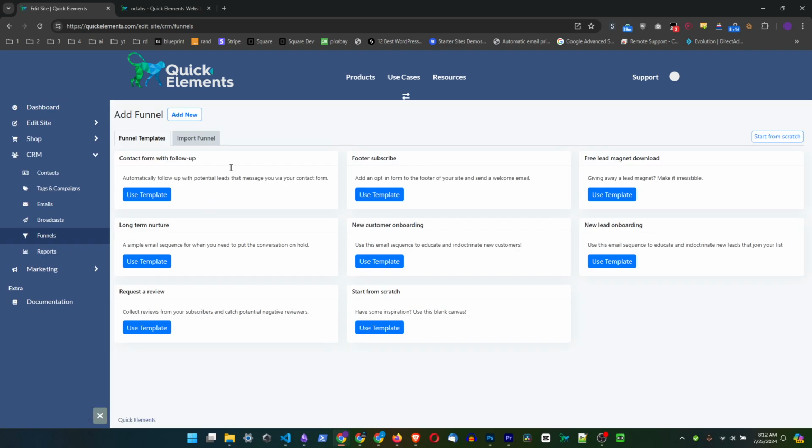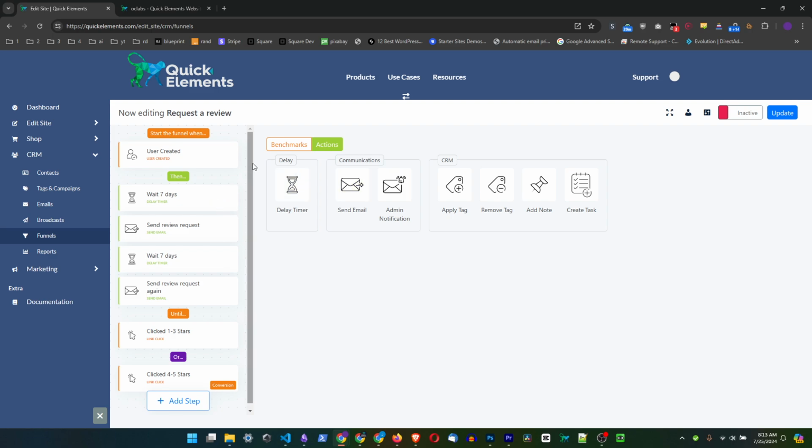But if you come over here to funnels, this is how you create like lead magnets or funnels. So for example, you might have a contact form that you can create, or you might have a footer, subscribe, or maybe even a lead magnet download. So these are all sort of just templates that you can use. So I'll show you one really quick, like to request a review. So if you click use template here, it'll open up the template